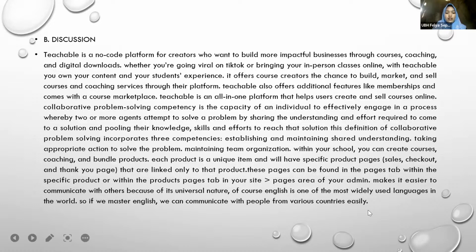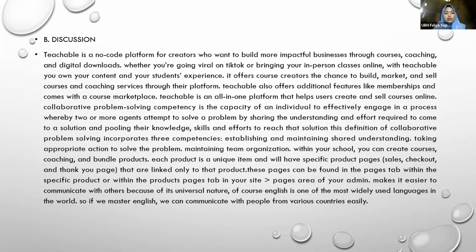It offers course creators the chance to build, market, and sell courses and coaching services through their platform. Teachable also offers additional features like membership and comes with a course marketplace. Teachable is all on one platform that helps users create and sell courses online.